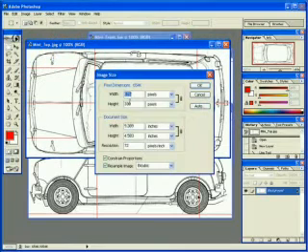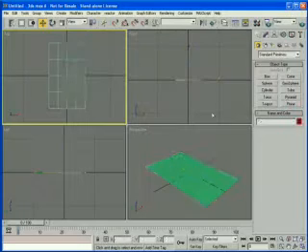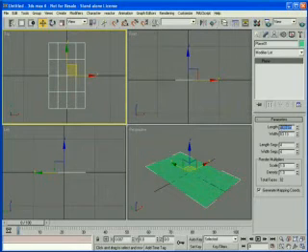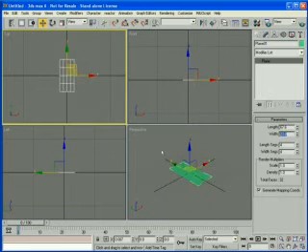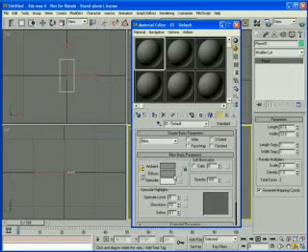I've also put these little red lines on these drawings so that I have some reference lines to line them up in the viewports when we model. For example, I created a center line right down here, a ground plane, a little line here that indicates where the tires end. I've also created, from the front view, these two sets of lines here that show me